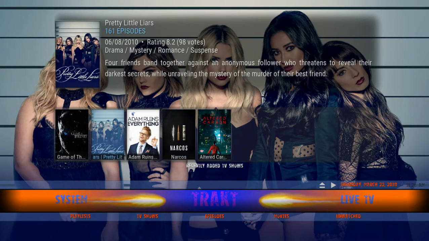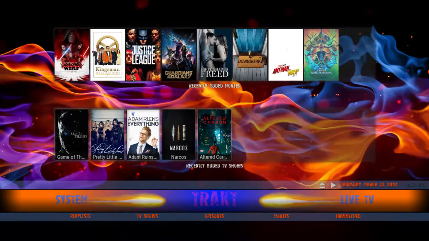Okay guys, I'm powered back up, and as you can see, I'm in my bar. And right now we already have everything added. So our TV shows are added and our added movies. And you can go up and you can look through them. And let's say you watch Downsizing in one room, it'll automatically remove it from the other box, and then any other rooms that you have set up to that